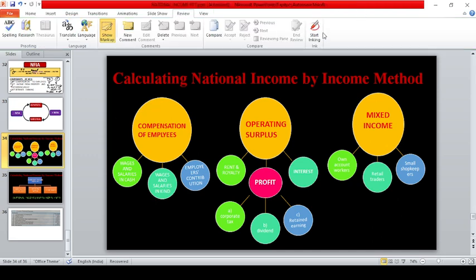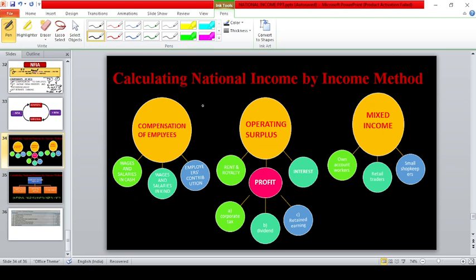Now in this class we are going to understand how to calculate national income by income method. In order to calculate national income by income method, three important jargons are given over here, that is compensation of employees, operating surplus and mixed income. So students, just understand that